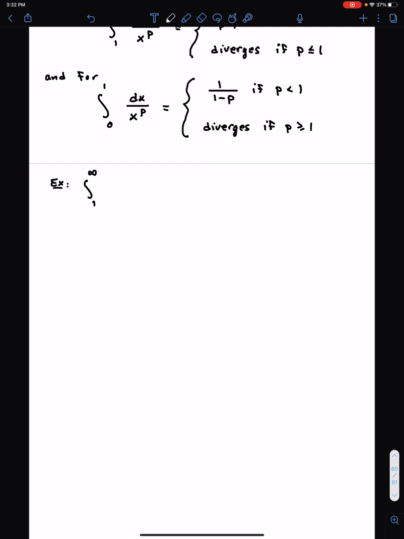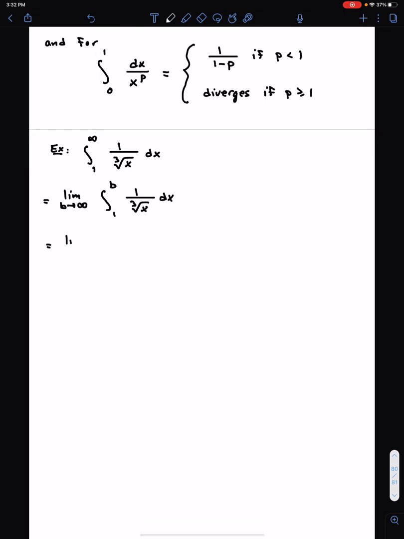The integral from 1 to infinity of 1 over cube root of x dx. So limit as b approaches infinity of the integral from 1 to b of 1 over cube root of x dx. To integrate this, I'm going to rewrite it as a negative exponent. So the integral from 1 to b of x to the negative 1/3 dx,